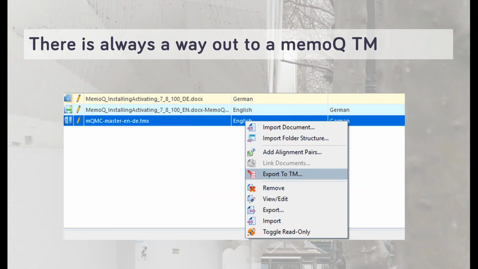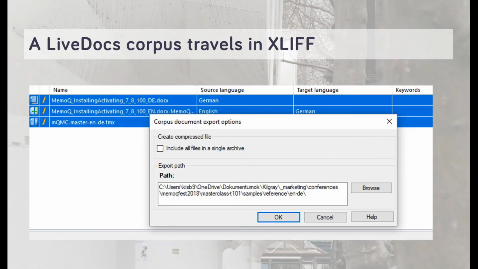And you can get it out. So once you have your bilingual contents in a LiveDocs corpus, you can always export it to a translation memory in the same project. Or you can export the whole thing in an XLIFF file. So you can actually take a LiveDocs corpus and transfer it to a translation memory, or you can transfer it